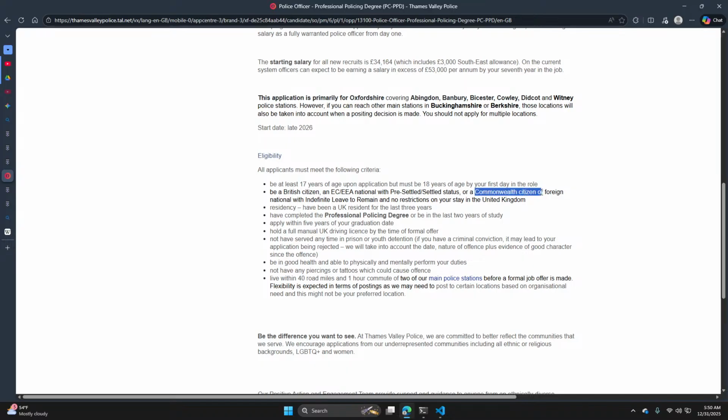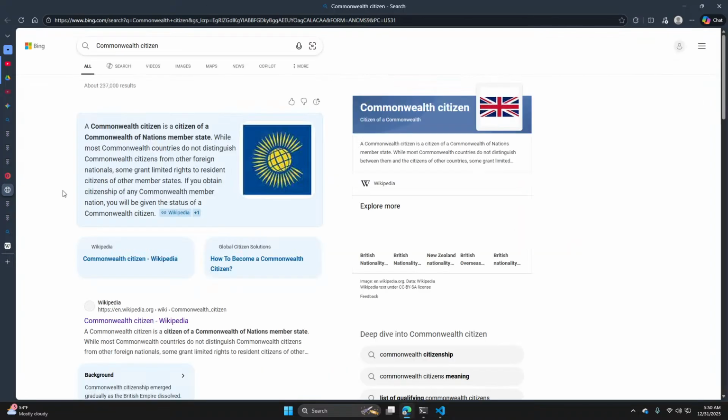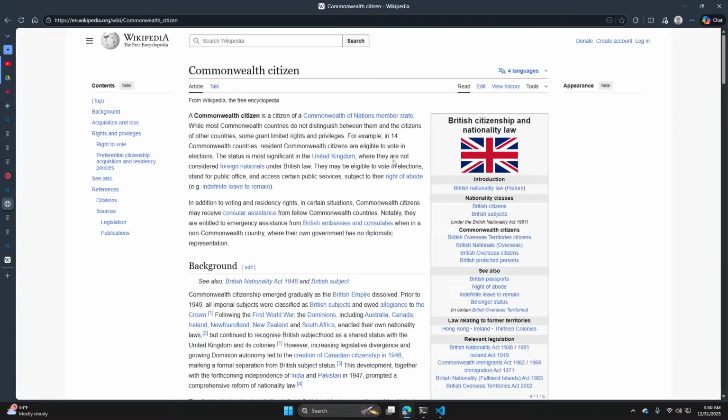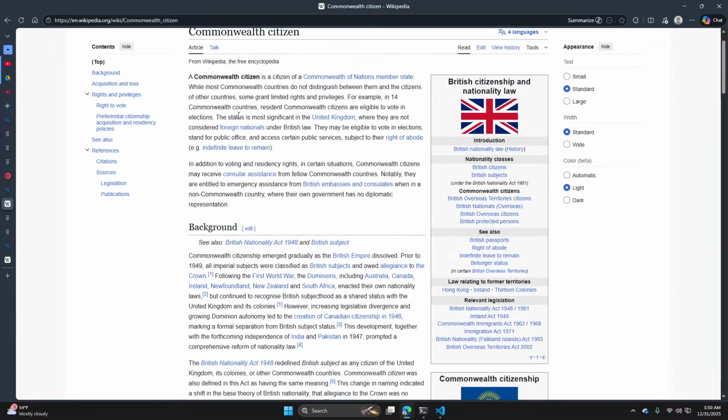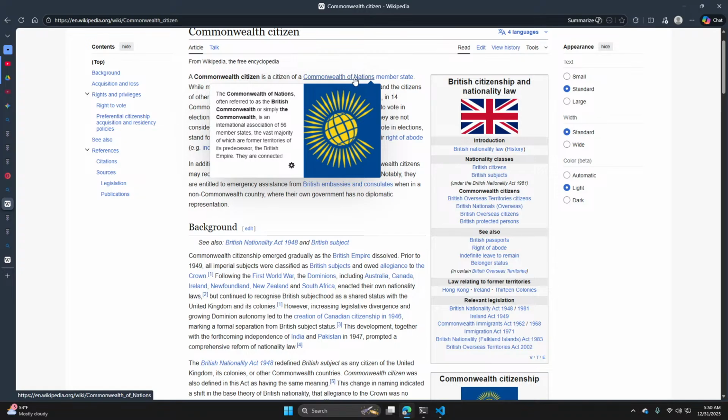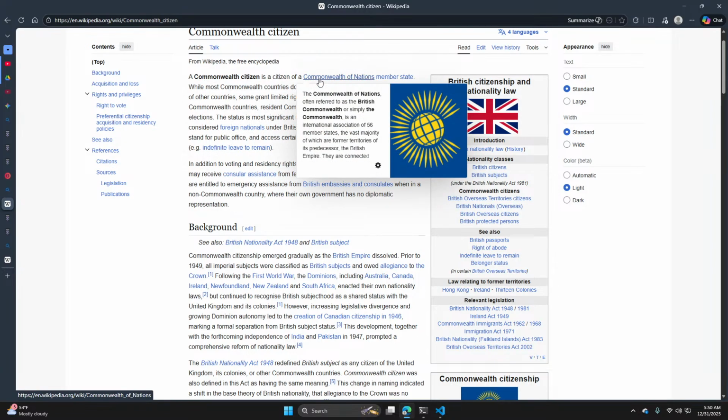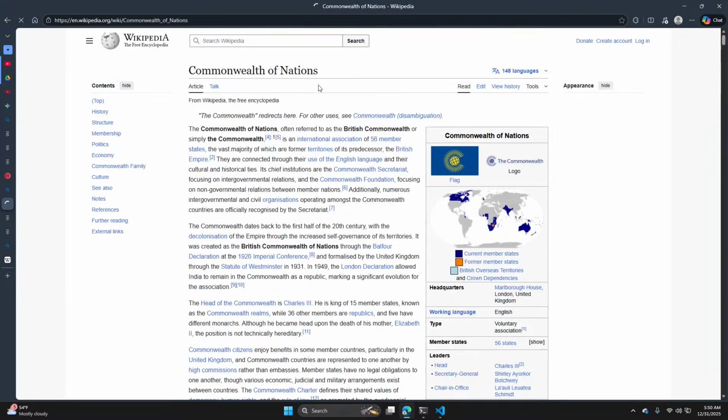What is a Commonwealth citizen? The citizens of the Commonwealth of Nations state?